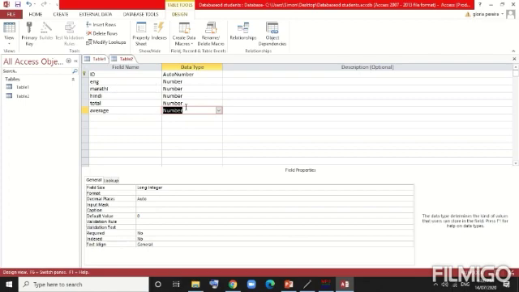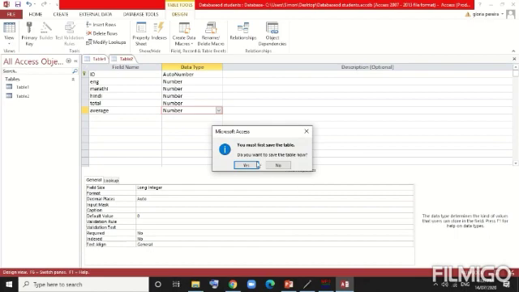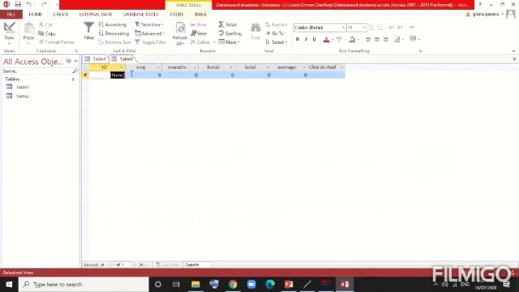Once it is done, you can go to the datasheet view and start writing the information. You should save the file. So here you can save directly like this, or you can use the options over here. You can save the data. Click yes, and then the fields are automatically added. You just start inserting the information.